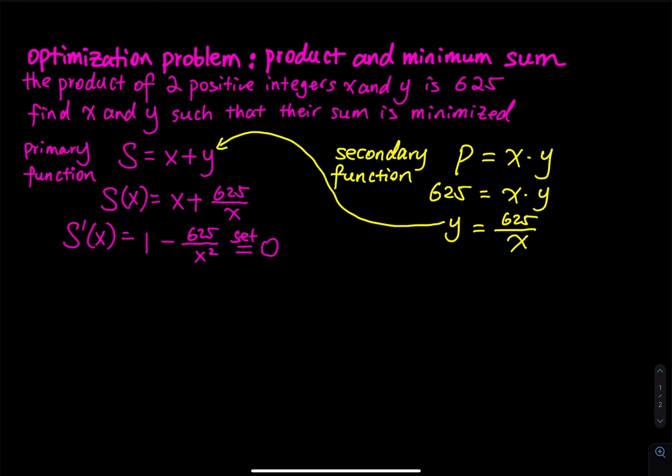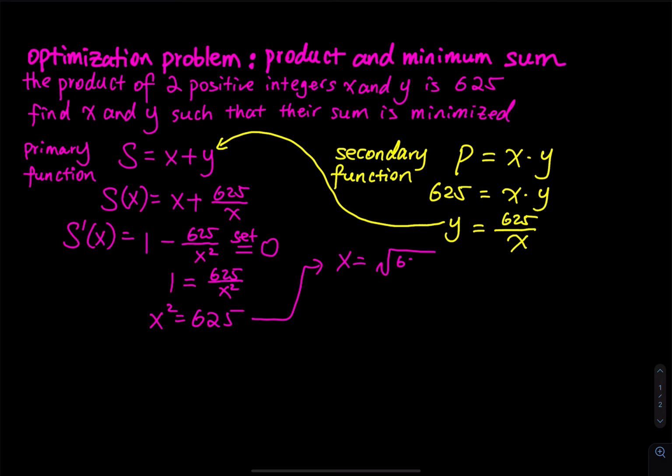At that point, there is a horizontal tangent, so therefore the slope is equal to 0. Then you are trying to solve for x, so we move the 625 to the other side, so 625 divided by x squared, and then you multiply both sides by x squared equals 625, and then you take the square root on both sides. So what is x equal to? So x equals the